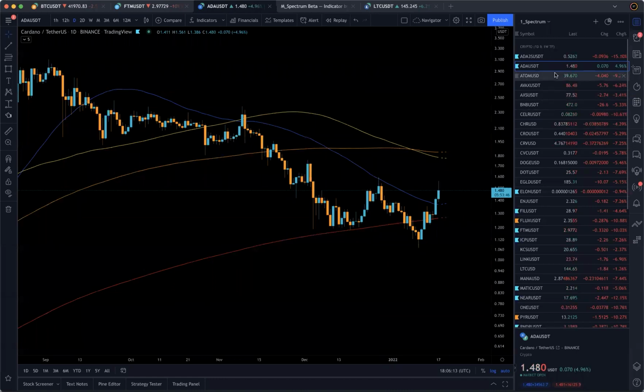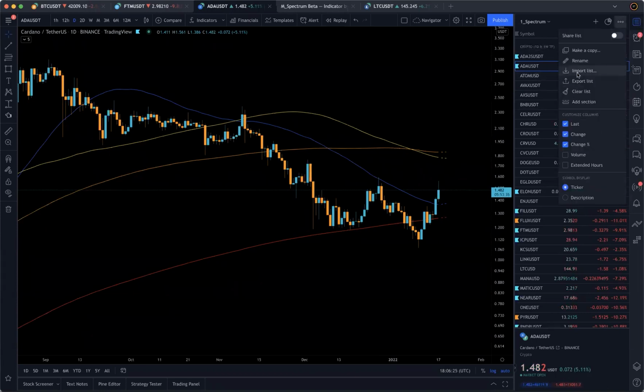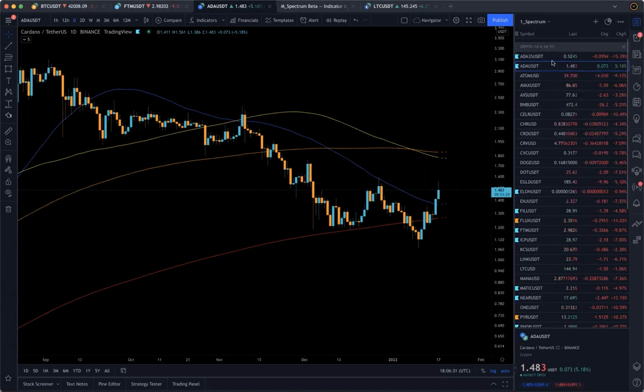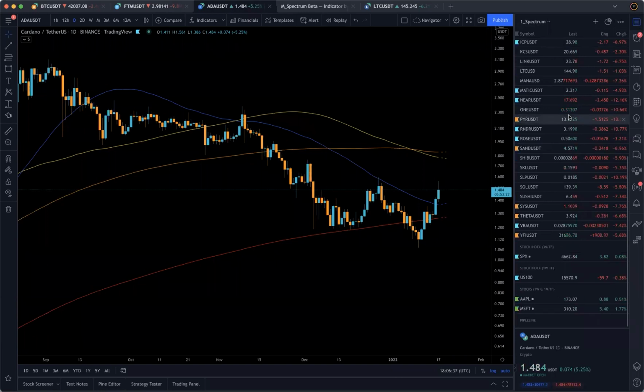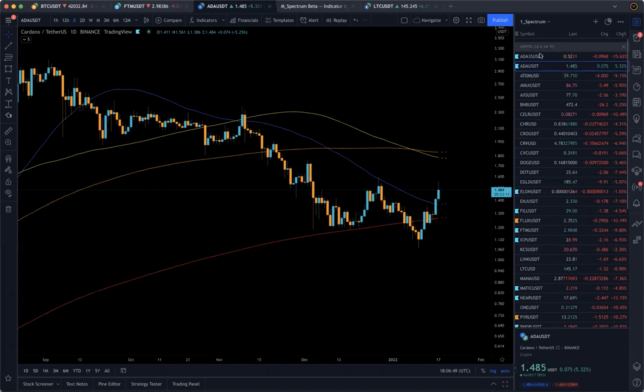And also I'm sharing the watch list, so you just have to import. It's a simple text file, so you just import using this import feature here. You download the text file, import the list, and you will get this list like what I have here. There are sections, so there are 40 coins that we are supporting at this moment. So you can see the sections for stocks and index and crypto, and in brackets you will see the time frame. So right now all the crypto, 40 different coins, are available on 1 day and 1 week time frame,